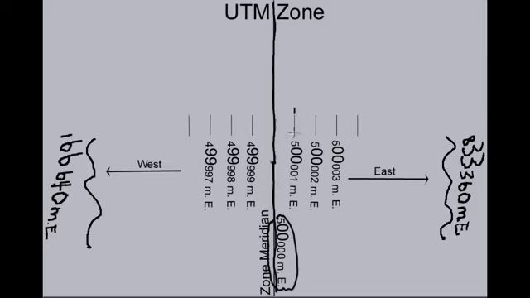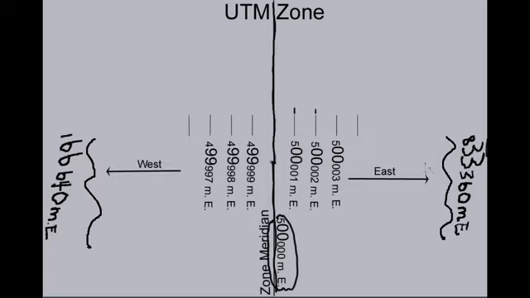So here, 1 meter east of the zone meridian, the easting is 500,001 meters east. 2 meters east of the zone meridian is 500,002 meters east, and so on, meter by meter, all the way out to the eastern border of the zone, where the easting is